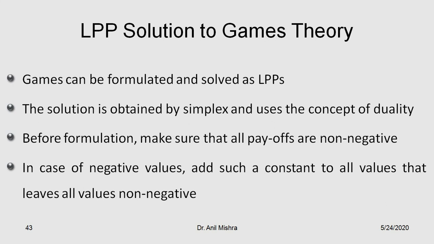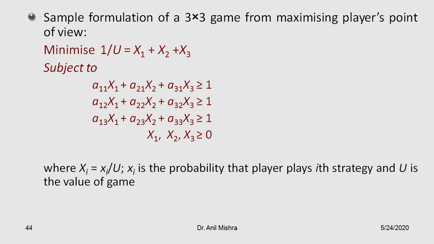Now we have to take one example to simplify it. We should not explain the whole detail of how the simplex method is applied. Rather, we are using the outcome of it, right? Suppose this is the given formulation of your 3 by 3, right? Here is the formulation part of the minimize problem. This is to minimize 1 upon u, which equals x1 plus x2 plus x3, subject to the constraints.